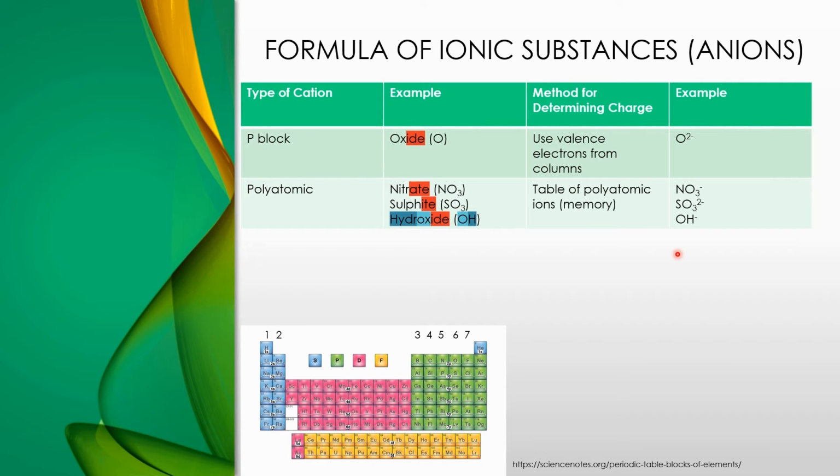Now, if we start looking at anions, they can come from 2 spots. They can either be non-metals that are in the P block, or they can be polyatomics as well. Now, looking at the P block, we follow a very similar principle to what we just looked at for the cations, and that is